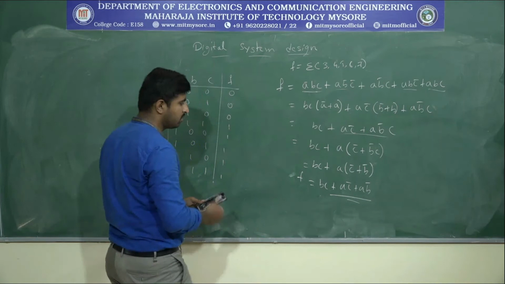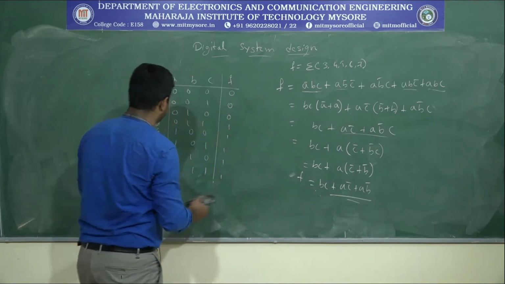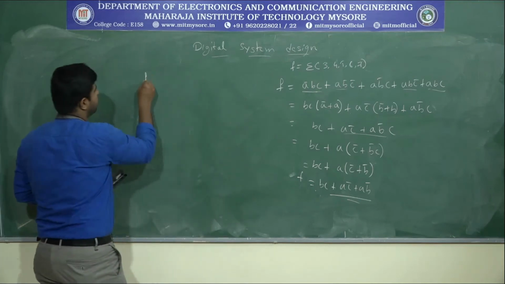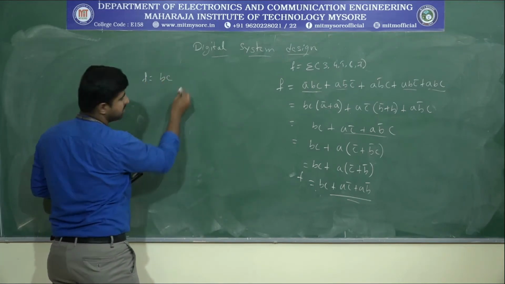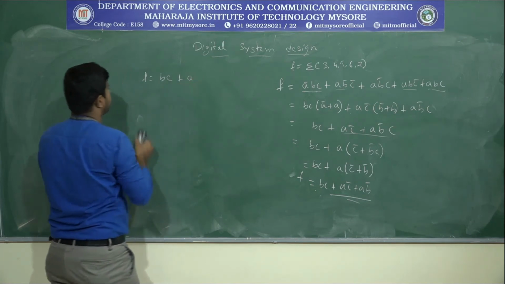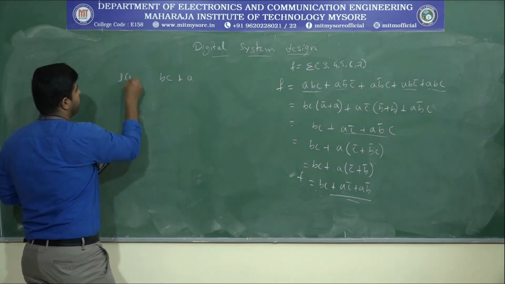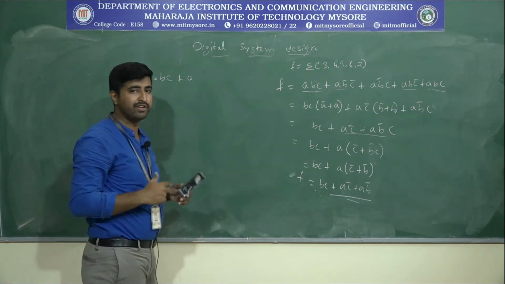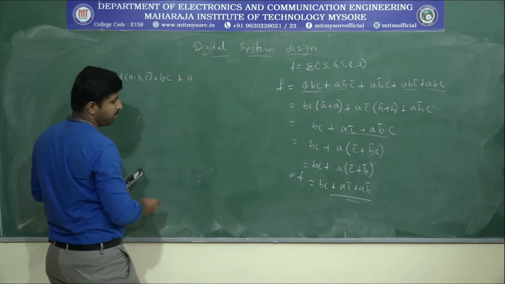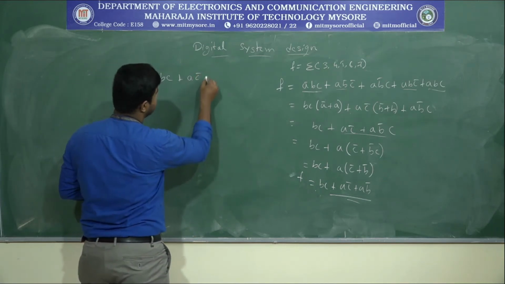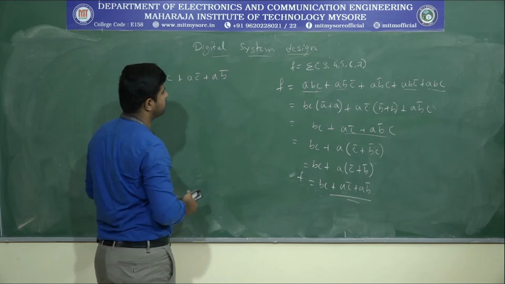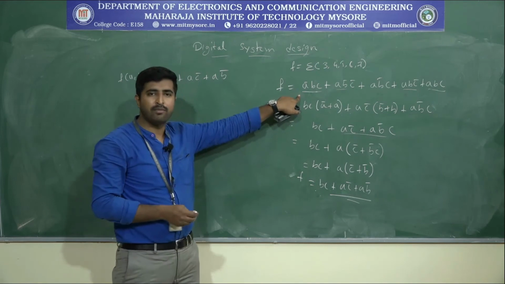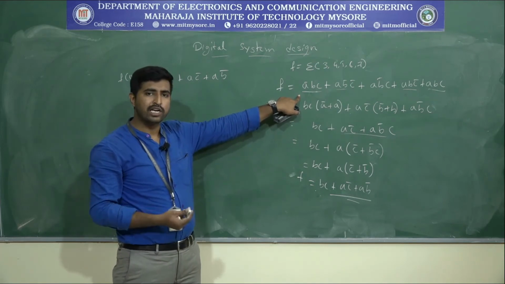Okay. So I will take the same equation, and I will erase this one. f equals BC plus AC bar plus AB bar. So that is f of A comma B comma C. That should be known actually: how many input variables there are, we should know that one. I have written this equation. Now, can we convert this equation to the canonical form? Yes, we can.